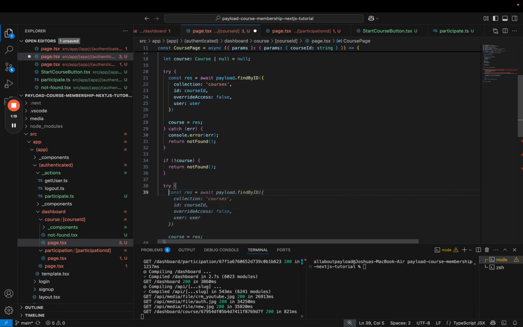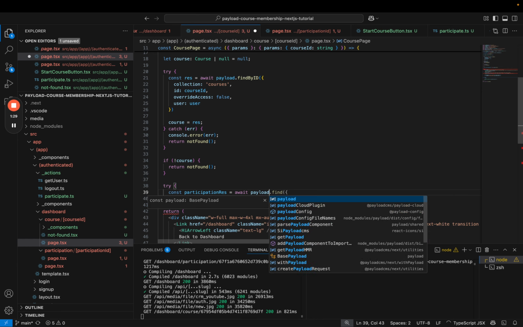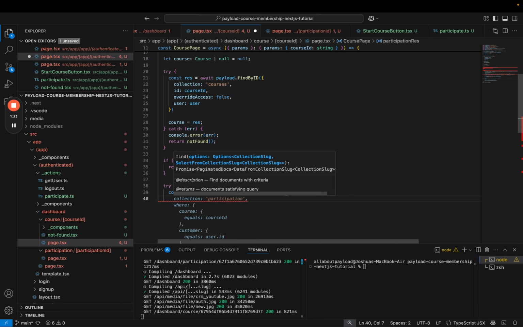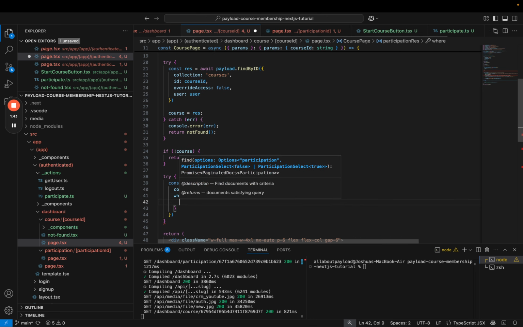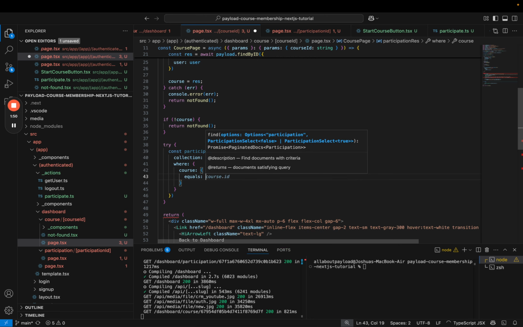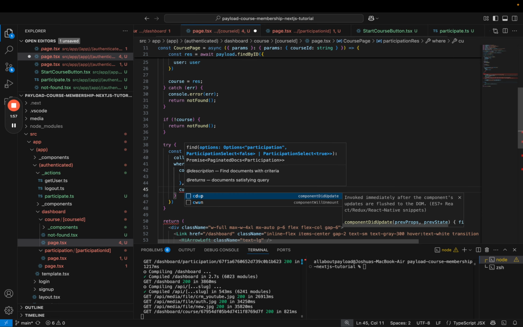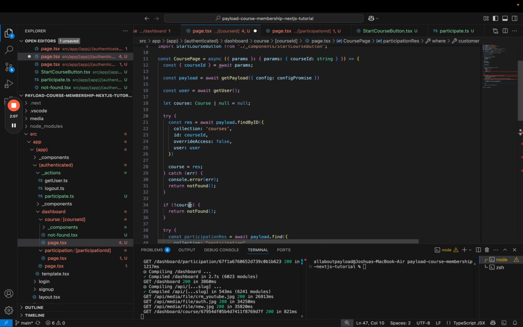Const course participation res equals await payload.find, and in here we are going to search for collection participation, and we want everything where the course equals the current course ID, course.courseID, and where the customer equals the current user,